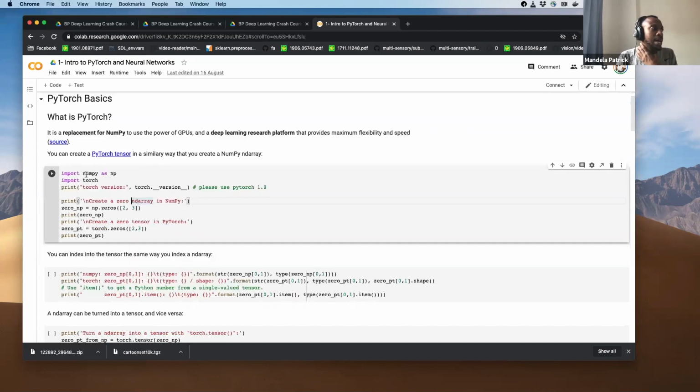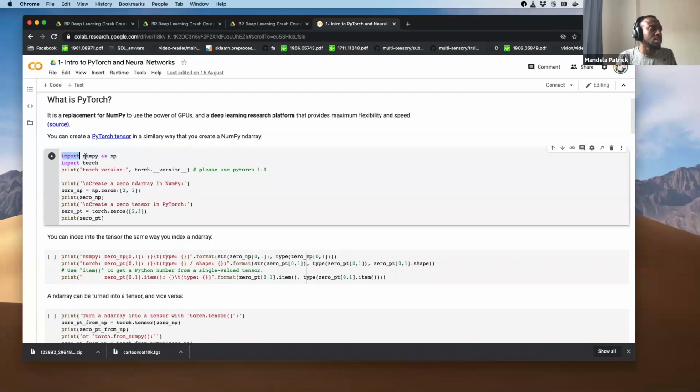So I'm going to walk you through the code now. NumPy is, as I said, a library that does a lot of mathematical functions. And then Torch is PyTorch. Essentially, both these libraries are built on the fundamental concept of matrices. And matrices are just rows and columns of numbers, for those familiar with matrices from basic linear algebra.